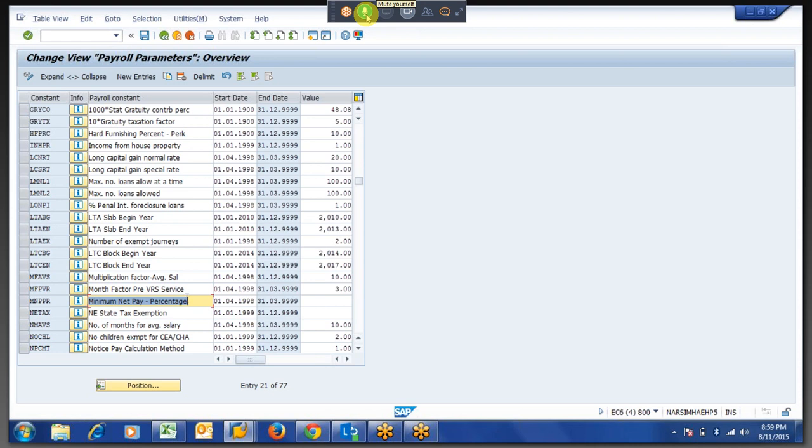Srikanth, you are working on Indian payroll or any other payroll? Okay. So let us say for child education allowance or child hostel allowance, there is a limit as per statutory, a maximum of 2. Right? So they had created a constant and put 2 over here. This constant is used in some other standard programs. It is not related to PCR schema or something like that. Right?